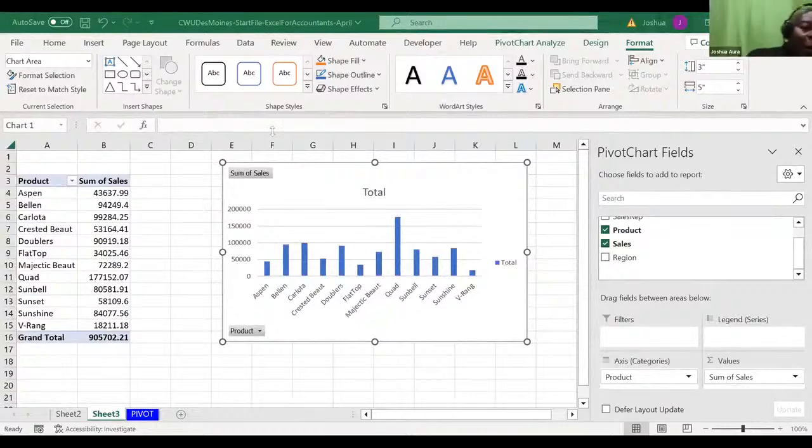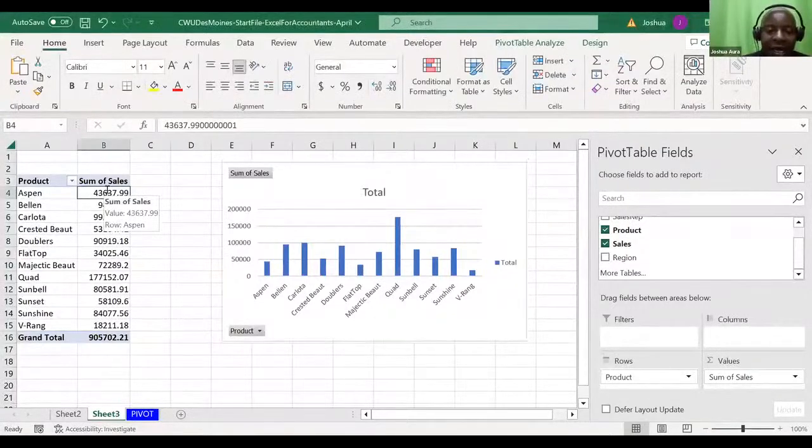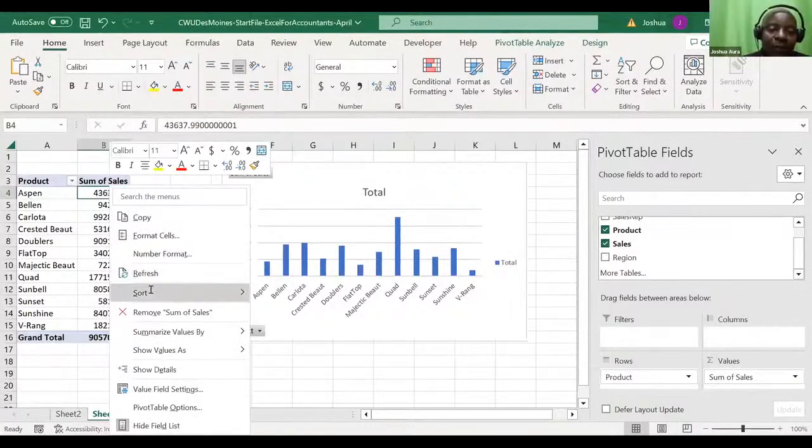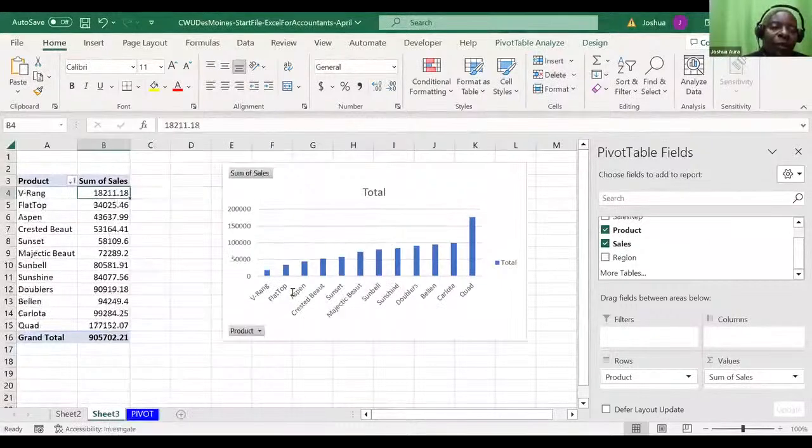Remember, if you just click inside here and then right click, and then you go to sort, you can sort from smallest to largest. If you sort from the smallest to the largest, what are you seeing? In this case, you will be able to see from the smallest here to the very largest, and you'll be able to see this thing has also behaved. And Quad is the man of the day. He has won everything. He has outshone everybody.